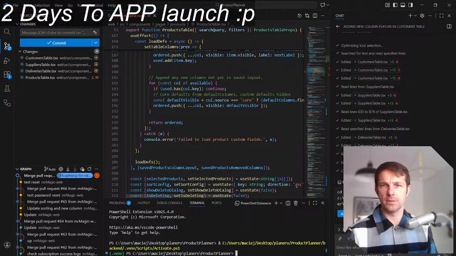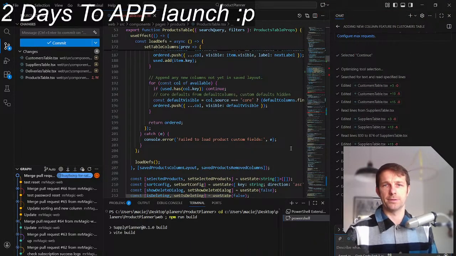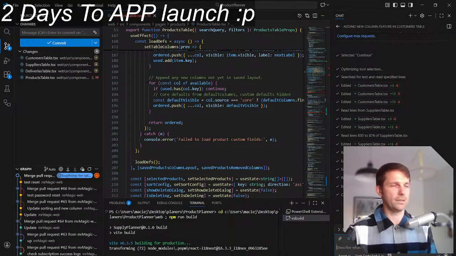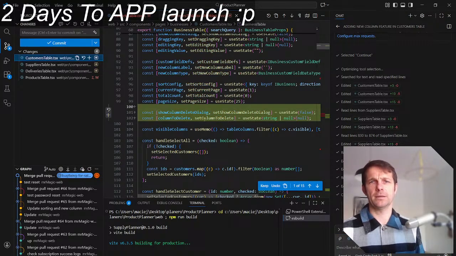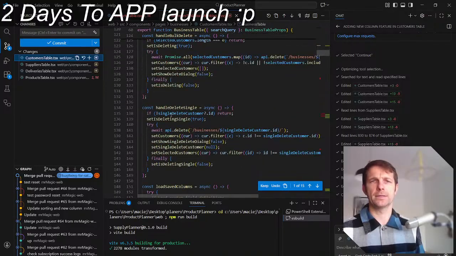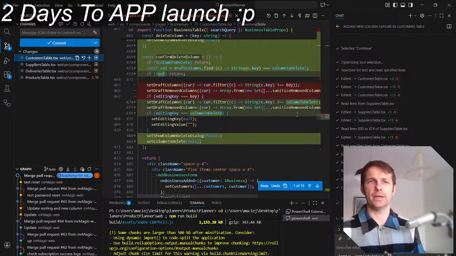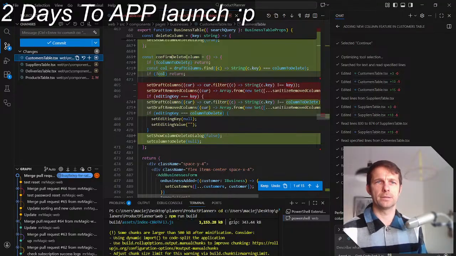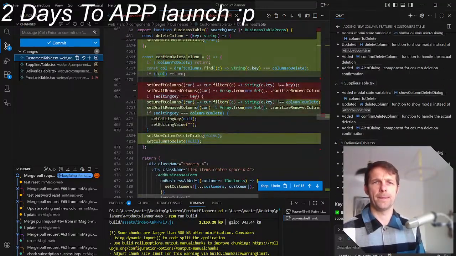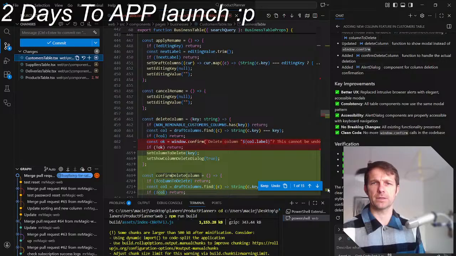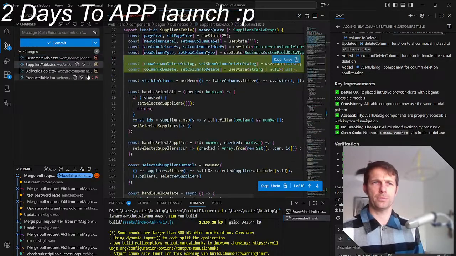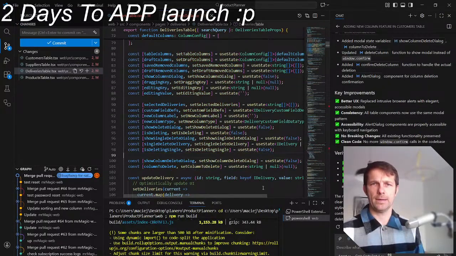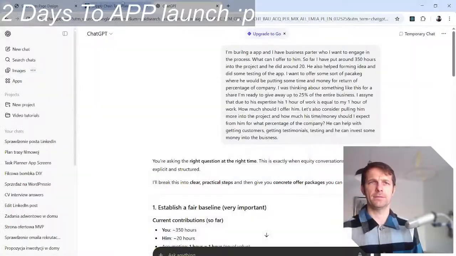But in the meantime, I think I have to press allow, so my ChatGPT, my AI Lord, will actually proceed with my code implementation. So what he did, I think, okay, show column. Yeah, okay, so the dialogue. He added the dialogue to the page. So now instead of having an alert, which was kind of a silly solution, we're going to have a dialogue instead, which is actually better. Good. Let's test if it's actually there.